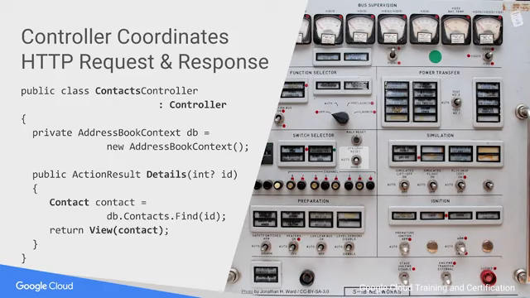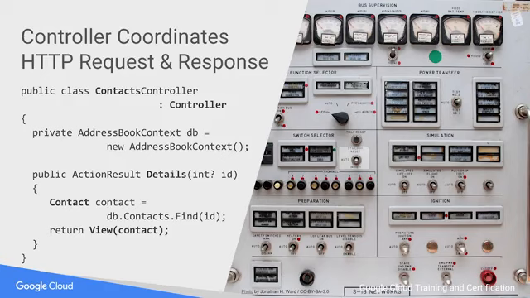The final member in an MVC triad is the controller. The controller receives the request from the user's browser and is responsible for coordinating the response back to the browser. In ASP.NET MVC, controllers are classes written in C# code. The class contains a set of methods. Each one of these is called an action method. There's a default convention that's used to map URLs against the class name and action method.